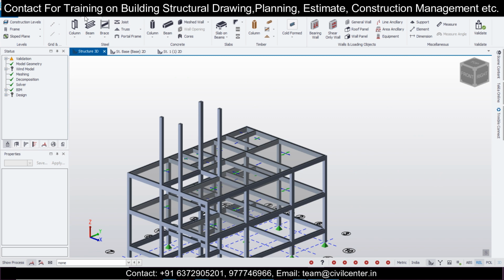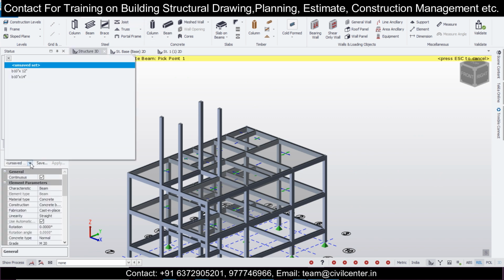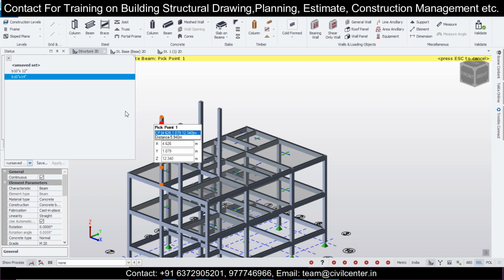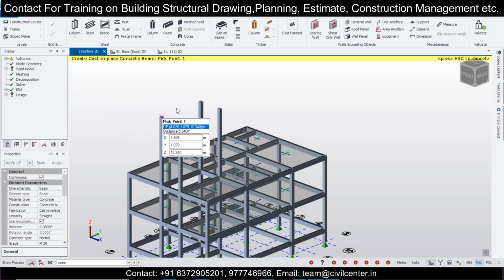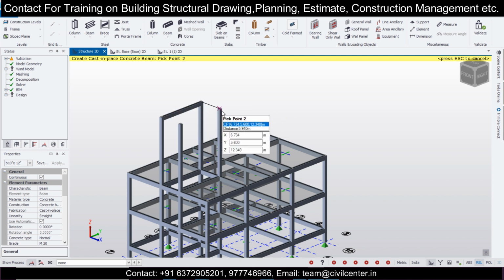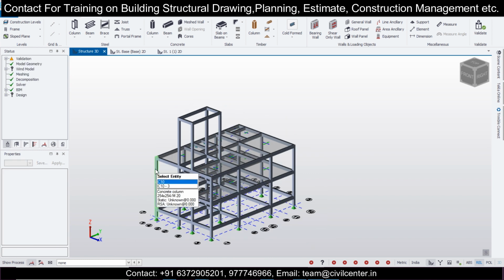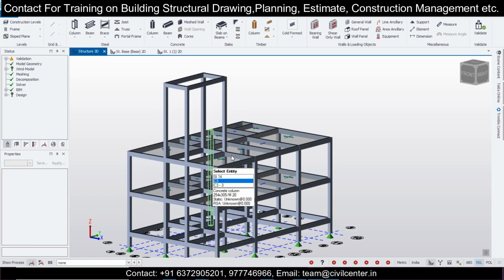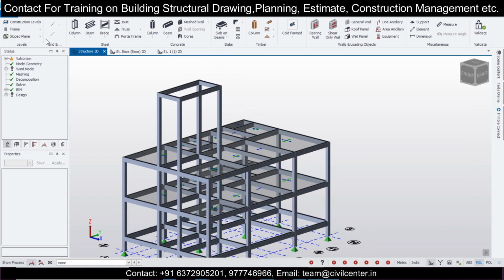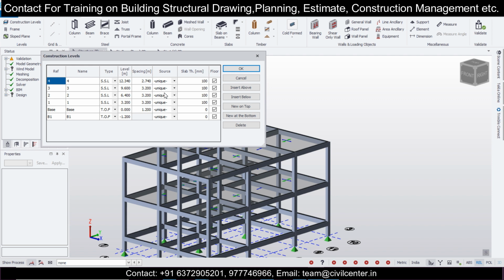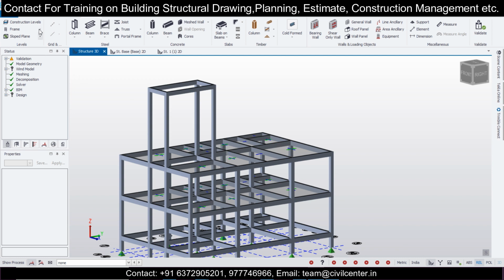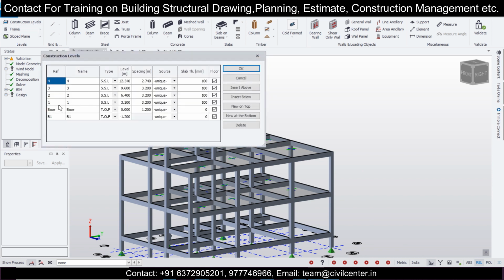Just go to your model, go to your beams, and I think we'll go with the 10 inch to 12 inch beams. If it fails, then I think we can go with larger beams. So do this, and after you have done it, I think there is a problem with the levels here, as you can clearly see. So we'll go to the construction levels and fix the level spacing. This is because we might already have created a level here. So this is our G plus 1, G plus 2. So we have created one more level.